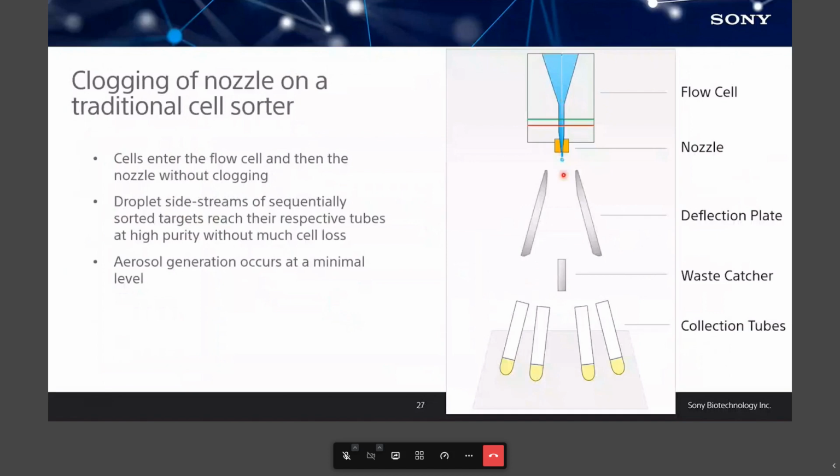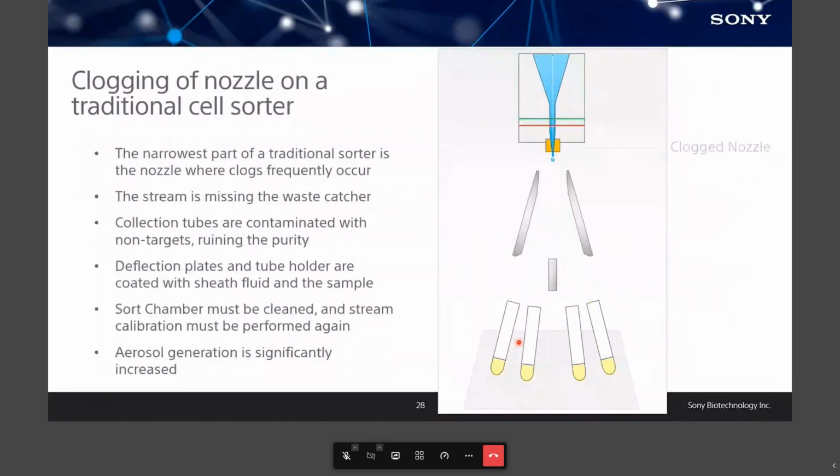You have your nozzle. Your droplets will flow down through these deflection plates. You have your waste catcher in the center, and then all of your individual populations are being caught in your collection tubes, right? So you have this high purity sort without much cell loss, and you also have minimal aerosol generation because everything's operating as it should, and things are going where they should. A